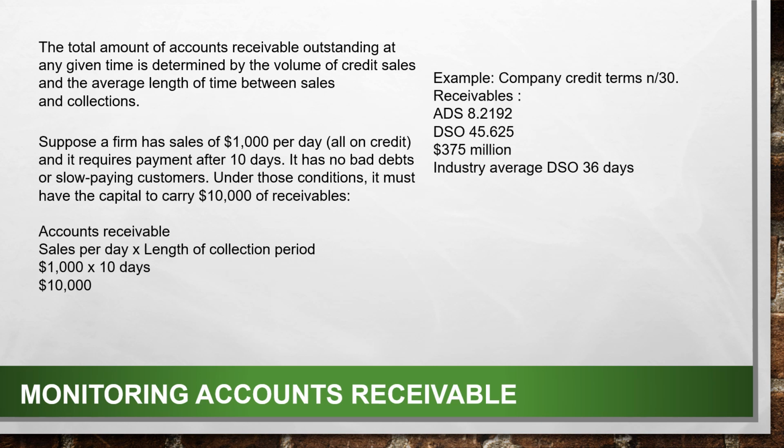So, another example. For example, the company credit terms is N over 30. Okay? So, N30 means any day as long as you pay within 30 days. So, we have the receivables. So, for the receivables, we have here the